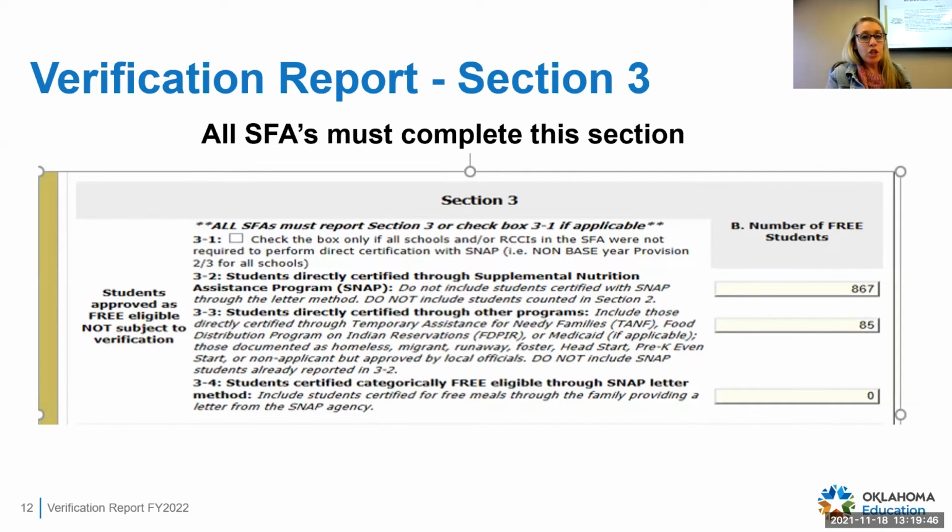So this is for section 3. Section 3, all SFAs again must complete this section. If all schools and or RCCIs in the SFA were not required to perform direct certification with SNAP, then check the box in 3-1. So mostly everybody will be selecting this box. Very, very few will not. So this is if you were not required to perform direct certification, then you click the box on 3-1. 3-2 column B